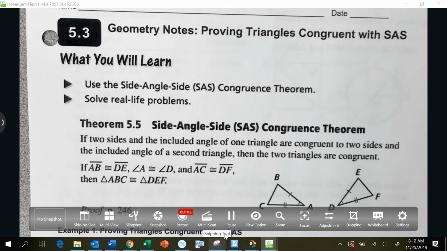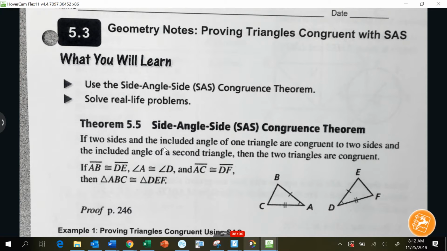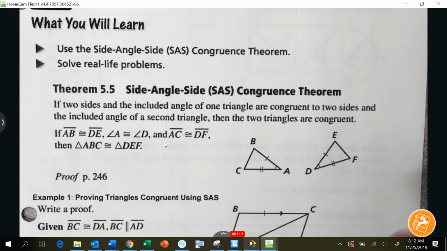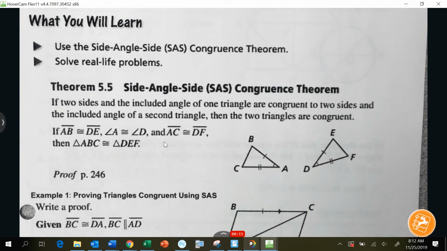So we are using the side angle side, or the SAS congruence theorem today. Let's learn about it. If we have two triangles, and in those two triangles we have